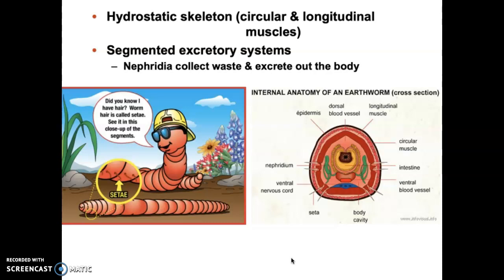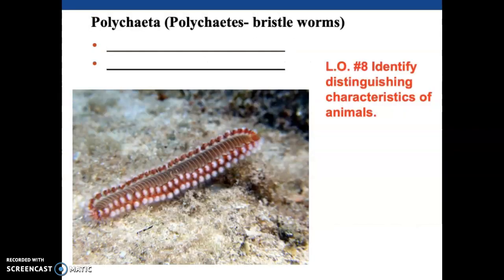Okay, so those are the big key features. As we're looking at an animal, we say, okay, it's a protostome, it's a member of Spirilia, Lophotrochozoa. Now, what will move it into that phylum versus any of the other phyla we've talked about, or any of the other phyla we will talk about in future lectures? So, pull together that collection of criteria and go, okay, this makes you a member of Annelida. There we go. Now, once you're in Annelida, as I mentioned earlier, we're going to break you down into two different classes. So the first one is, and let's label this as the class